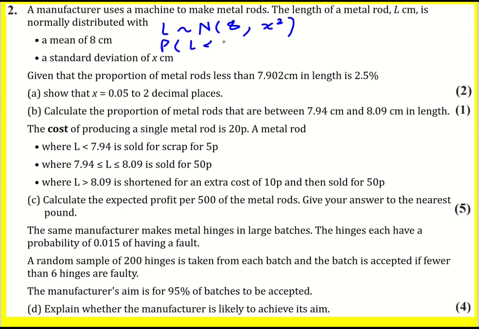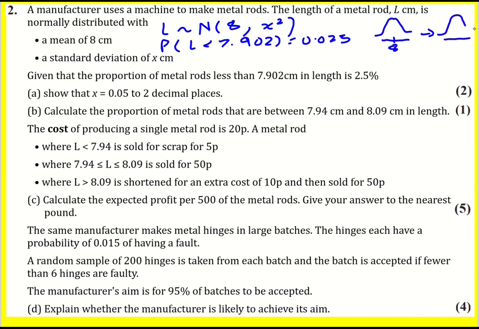Probability that L is lower than 7.902 equals 0.025. Show that x is 0.05 to 2 decimal places. By the way, if you can't do this bit, you can still use it later on. Well, to deal with this, we've got our normal distribution with mean of 8, and I'm going to